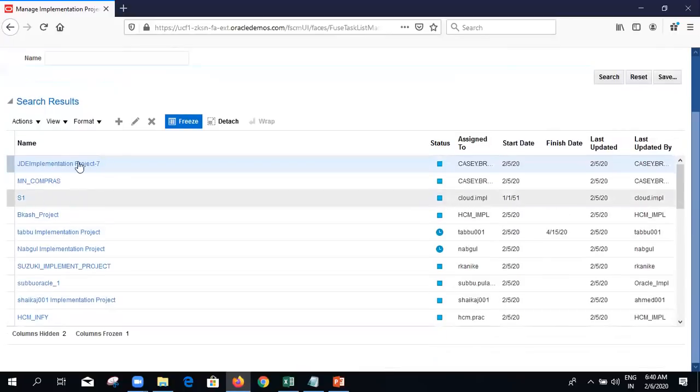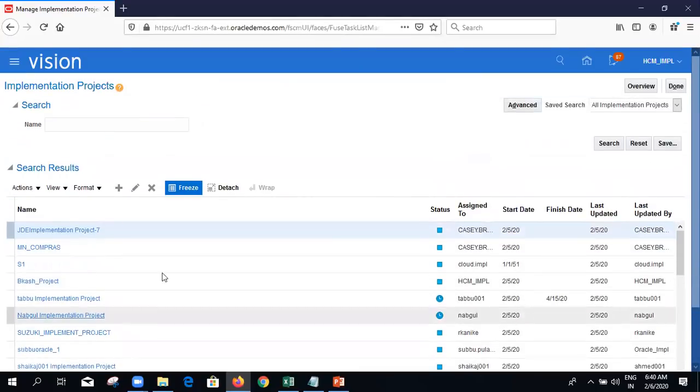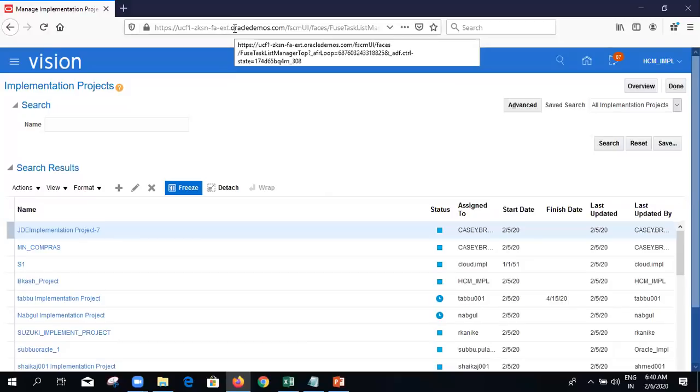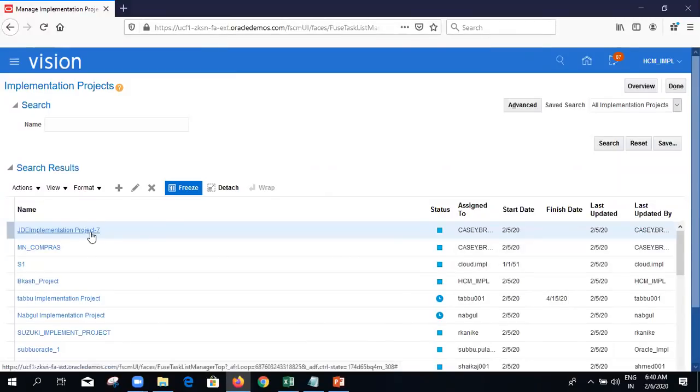In practice, people have created multiple projects with different names. But in your case, there will not be any project in the client's environment. You will have to create the project and then start your implementation.